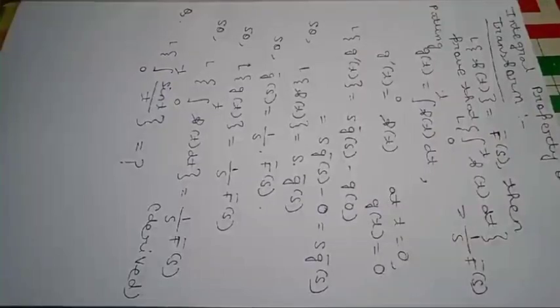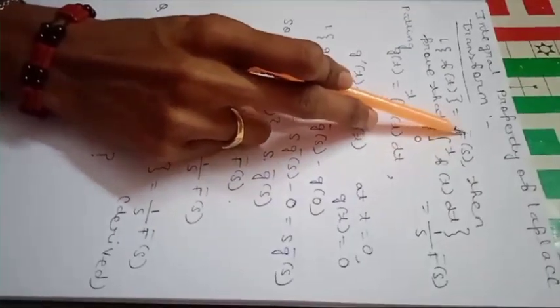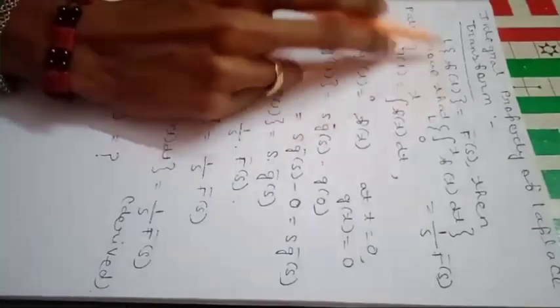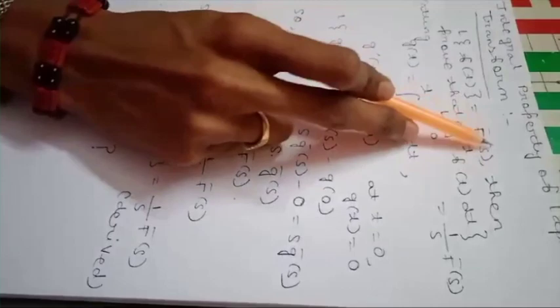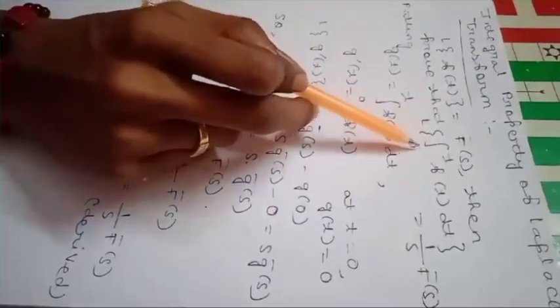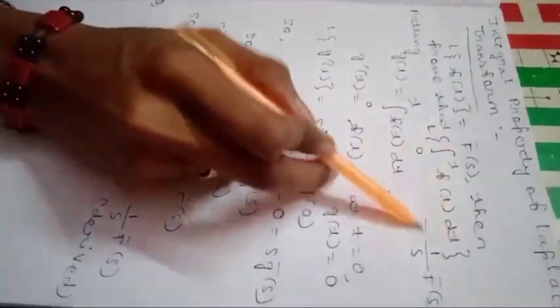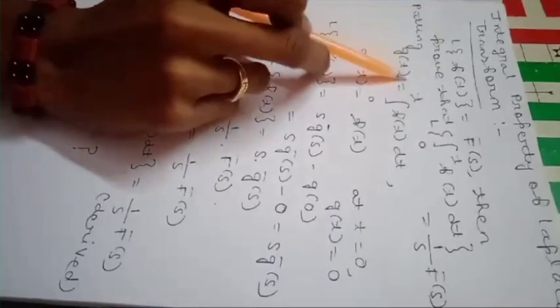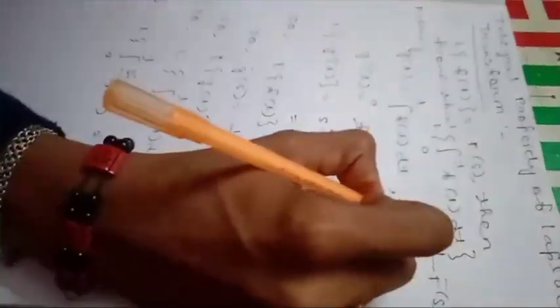Laplace of f of t is f bar of s. As I discussed in our previous video, for our convenience we write f bar of s, because we cannot write the whole thing in this long method, and it's a function of s. So we need to prove that Laplace of integral 0 to t f of t dt will be 1 by s f bar of s. For that, let's put this whole integral factor into a new function g of t. So g dash of t will be, according to